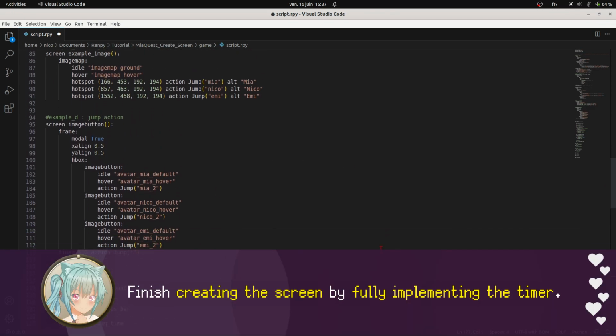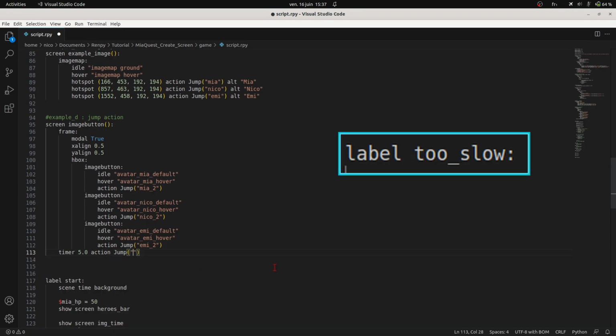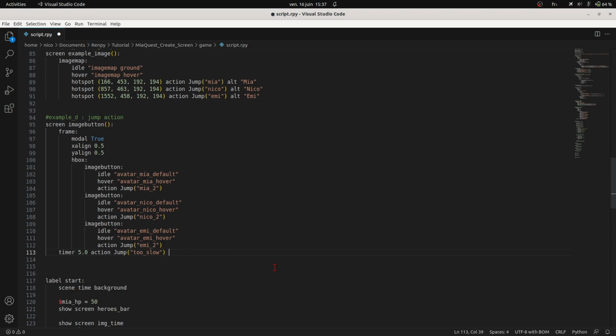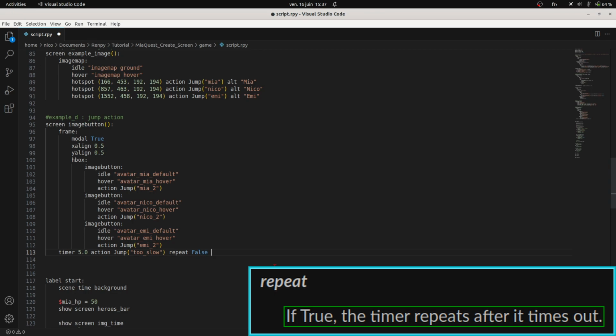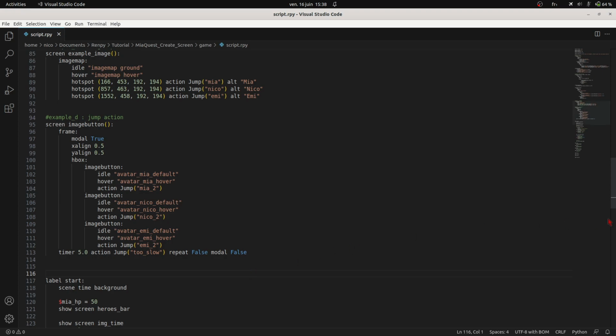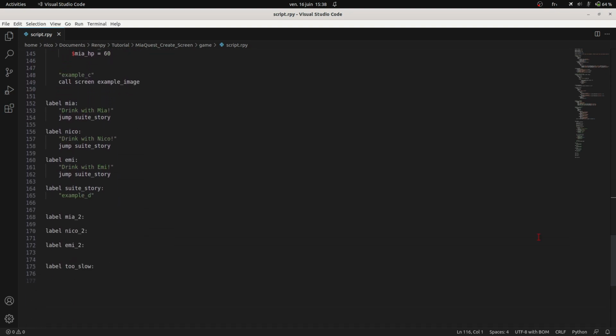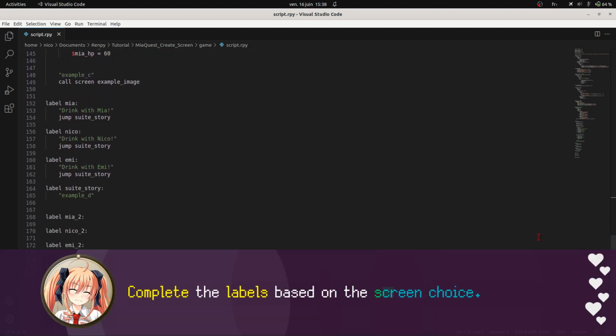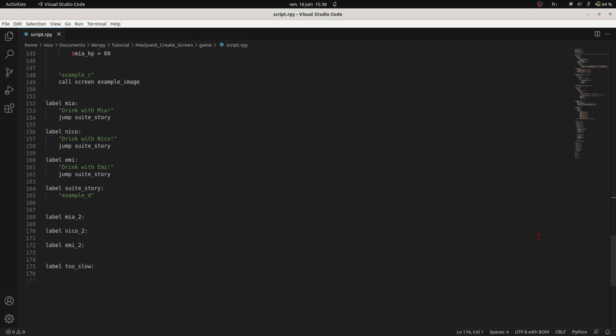Finish creating the screen by fully implementing the timer. Complete the labels based on the screen choice.